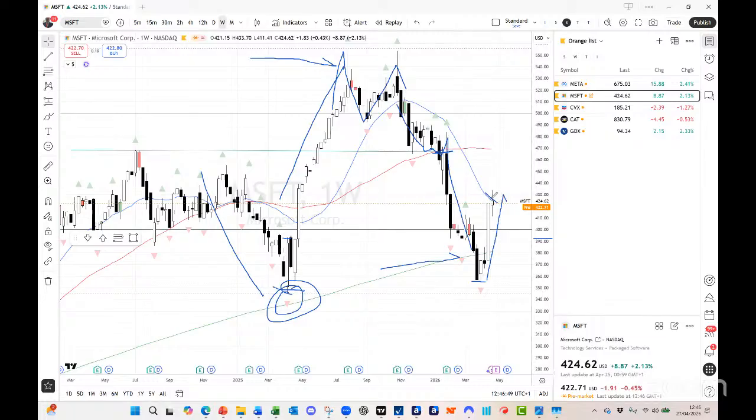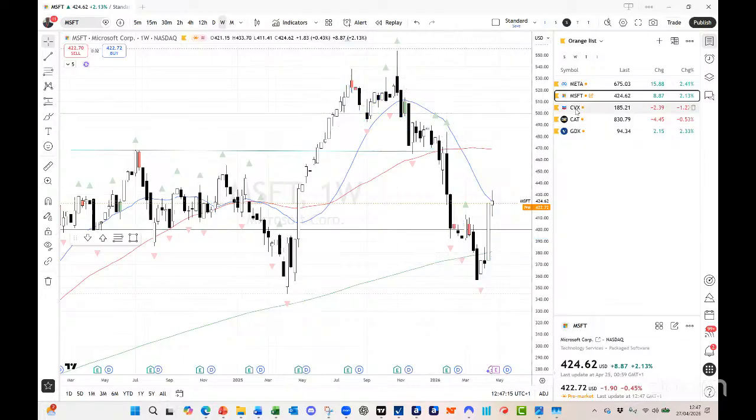So once again, it's not been able to get above that 20. I would hope that good numbers push it up above 20 and back up towards that 50 period moving average. If we get earnings or guidance misses, then I'll be looking for a drop down to at least $400 there. As I said, last week was what I'd call a spinning top, a bit of indecision. People are waiting for the numbers to see if that can be the catalyst for the next move.